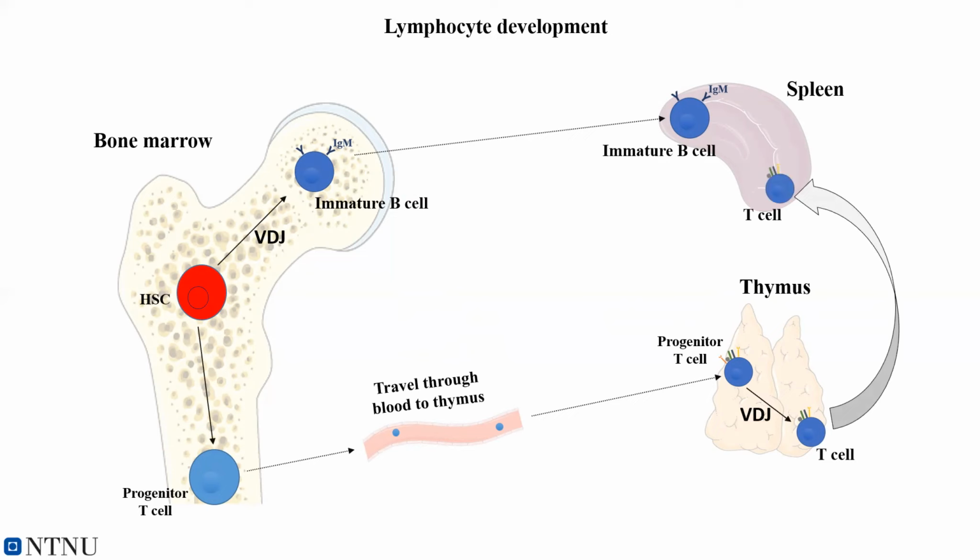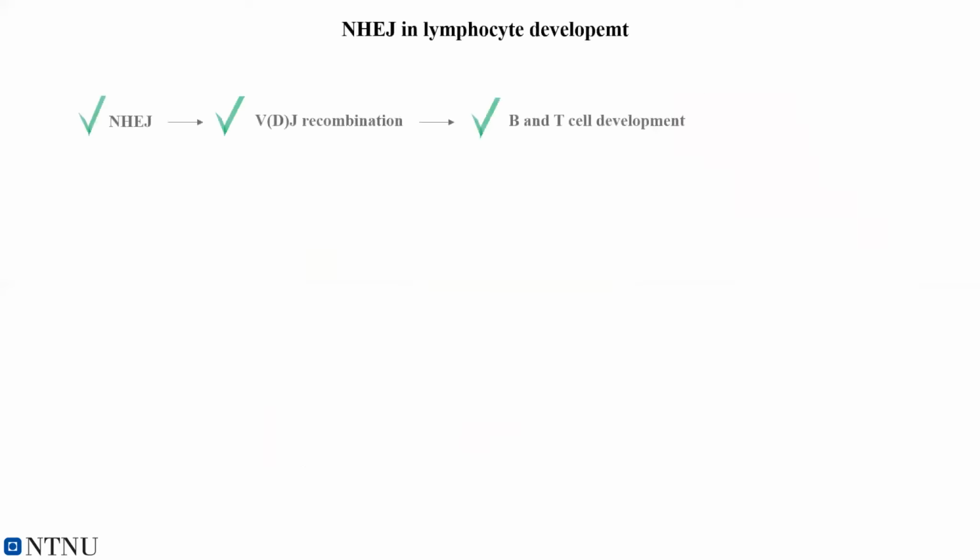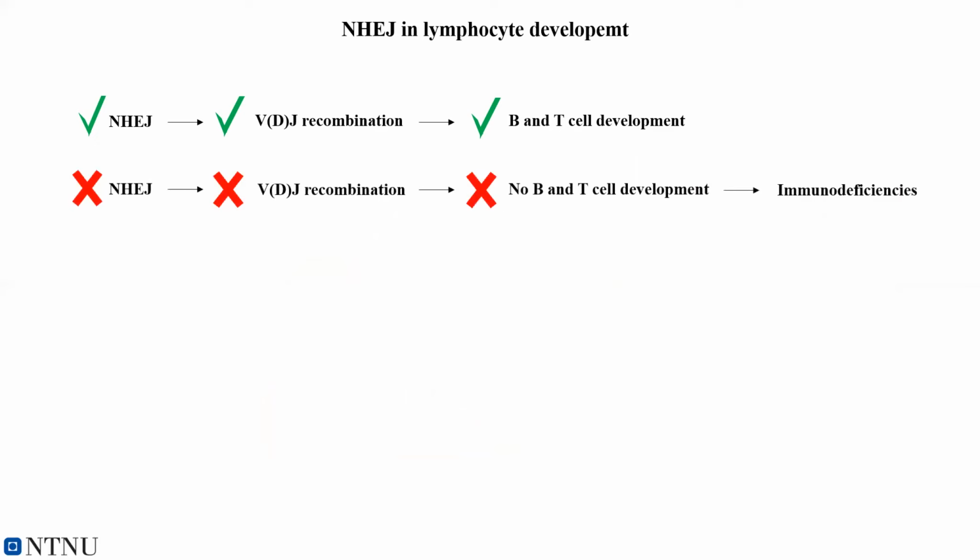VDJ recombination is required for both B and T cell development. And as mentioned before, NHEJ is required for VDJ recombination. So we can say that successful NHEJ leads to successful VDJ recombination that leads to successful B and T cell development. In contrast, deficient NHEJ leads to VDJ recombination failure that results in no B and T cell development